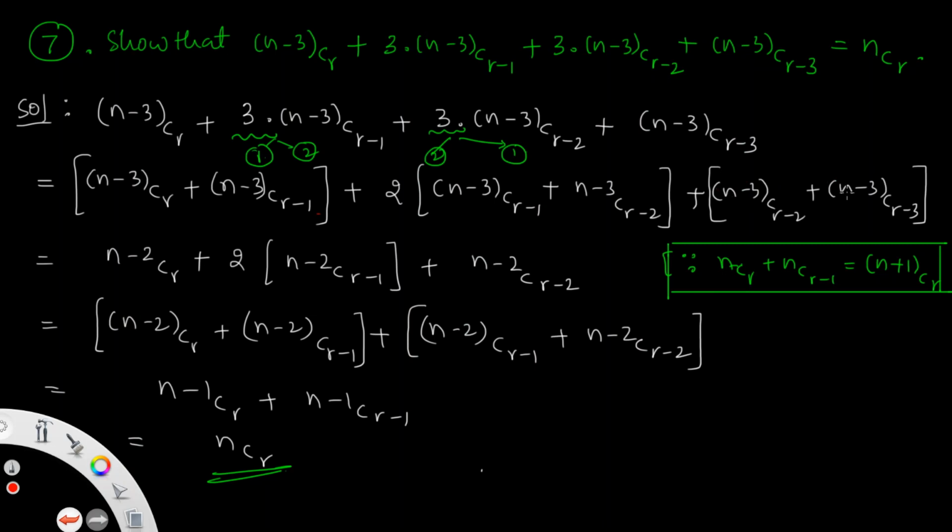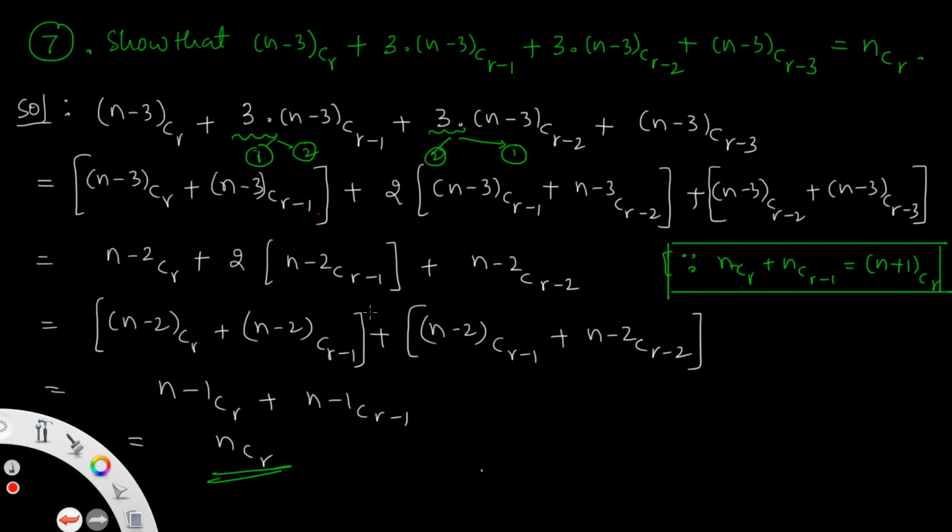In the place of n we have n-3, decreasing by r-2, the decreasing term is r-3. Then this formula can be applied. Then we come to (n-2)C(r-2). Now splitting this as two terms are there. So one term this is, second term this is. Again regrouping for first term and regrouping for last term. These two terms as 2 times of (n-2)C(r-1), splitting this term and this term. Then 2 times we have to write.